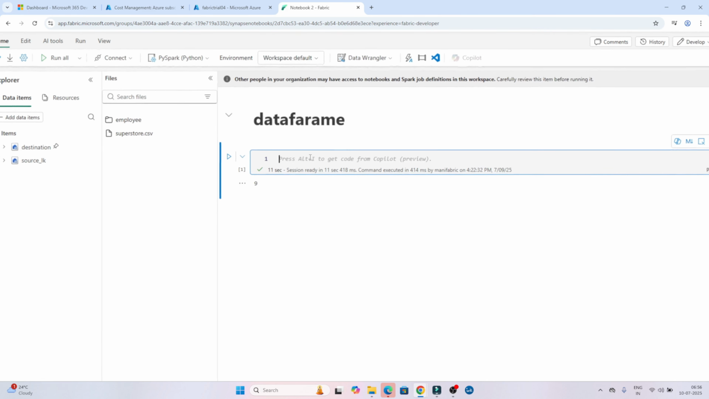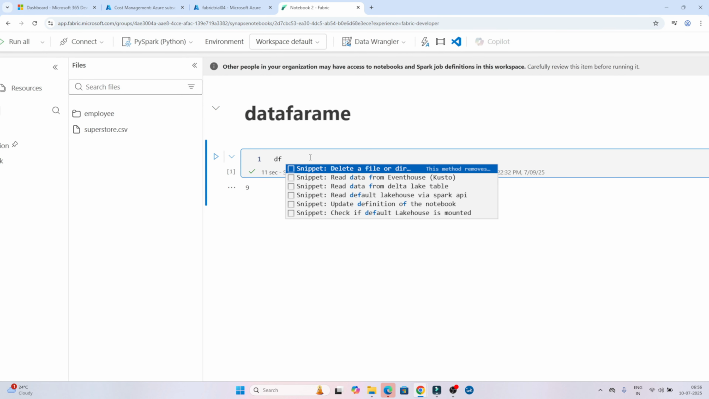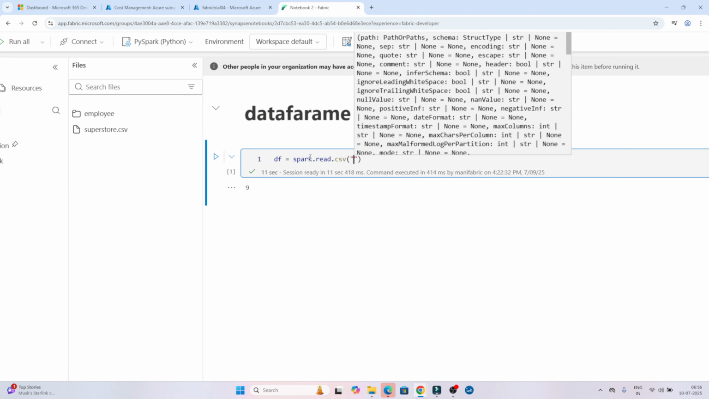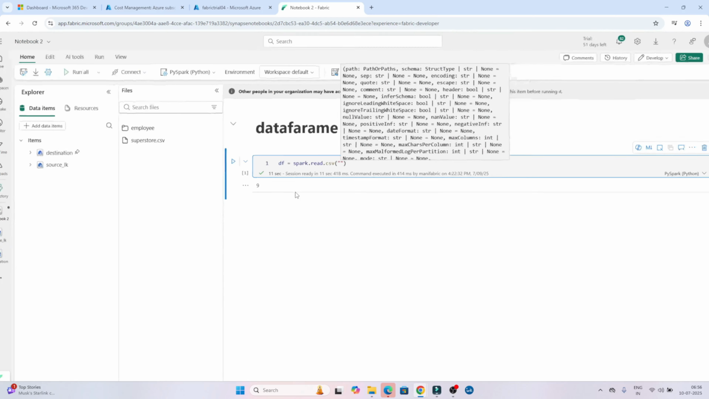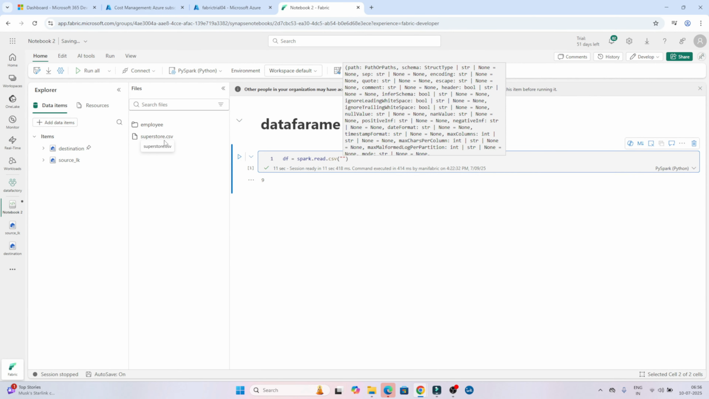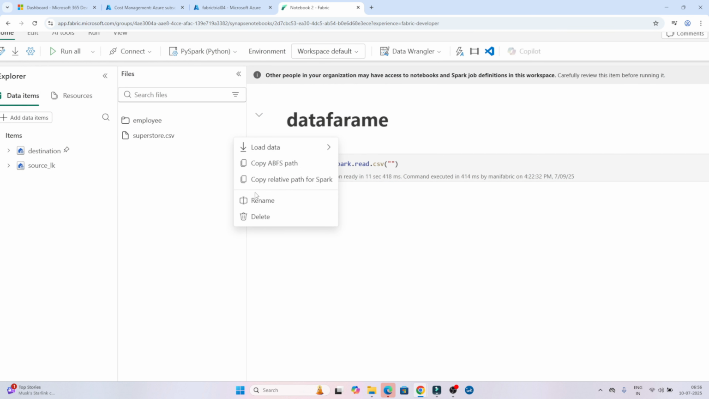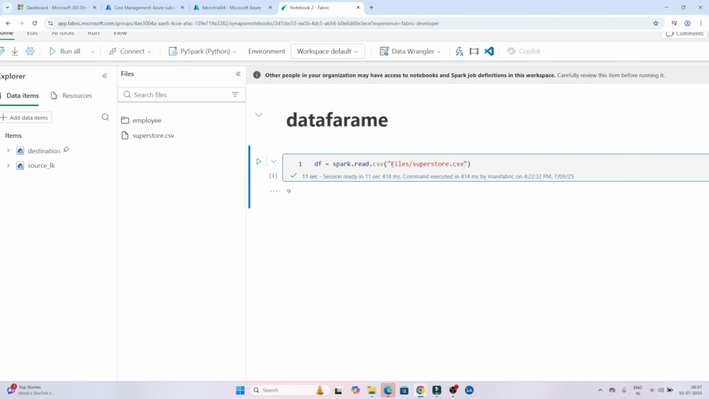How to create a data frame? It's very simple. You have to write df. First you have to give any name. After that you have to write spark.read.csv. This is the first way, and after that you have to pass the location. So if you want to pass this location superstore.csv, how can you pass it? Click here. You can see you are getting two options. One is copy ABFS path, second is copy relative path. So if I select copy relative path and paste it here, now if I execute with shift and enter,